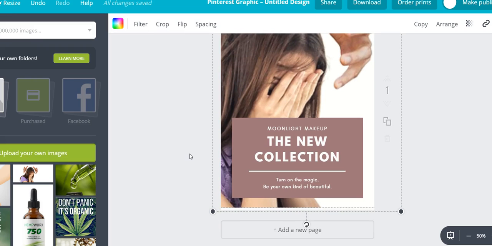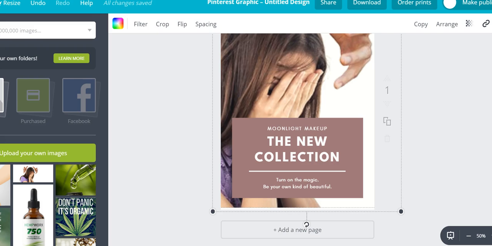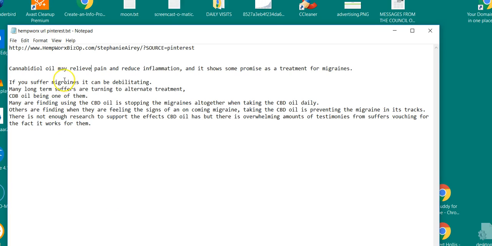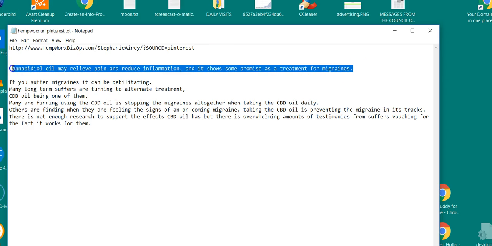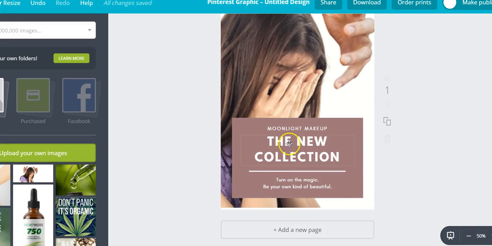Yeah, I think I'll have that for now. Then I just want to take some of my text. So we have cannabis, I can't say the word, oil may relieve pain and reduce inflammation, and it shows some promise as a treatment for migraines. So I'm just going to copy that, Control C, back to the image, and I want it in this main